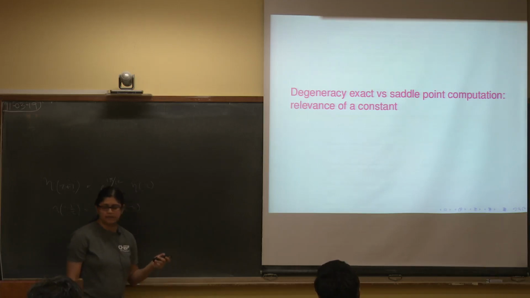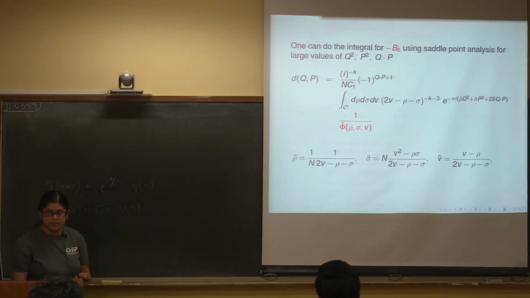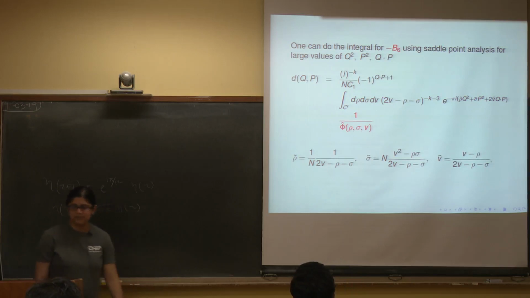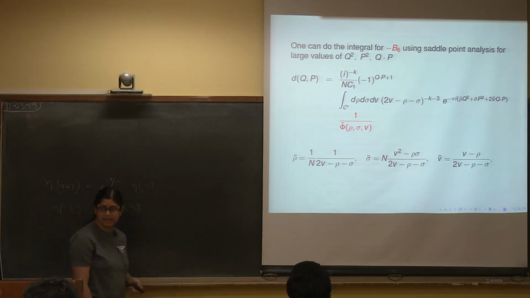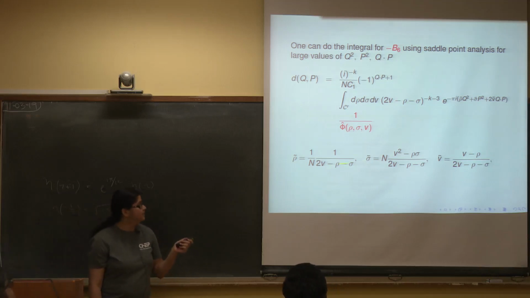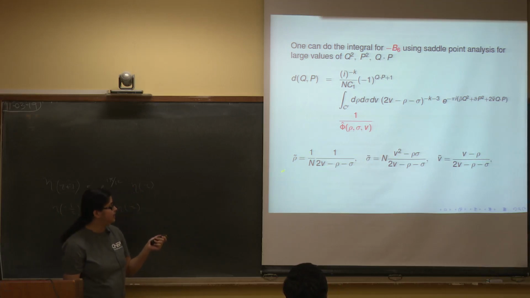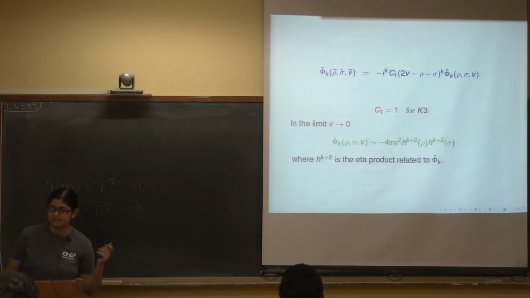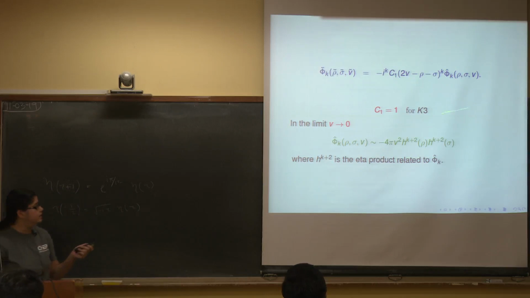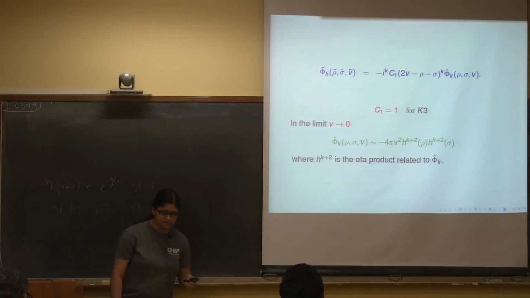And when we want to do this integral of minus B6 using a saddle point method, there is a Fourier transform of this phi tilde to phi hat, and these variables rho tilde and v can be related to the previous phi tildes in this way. And here we have actually a constant C1. This constant was never explicitly